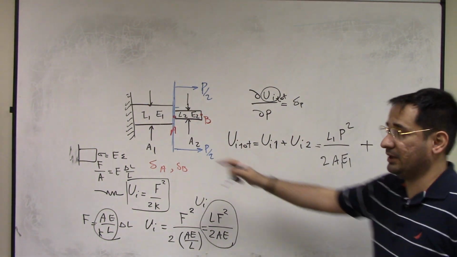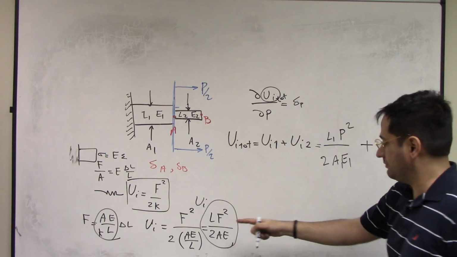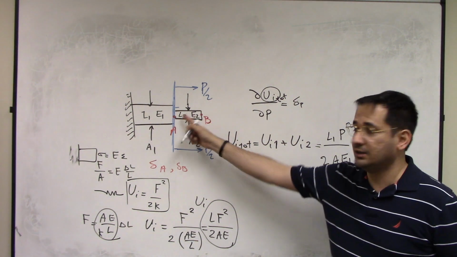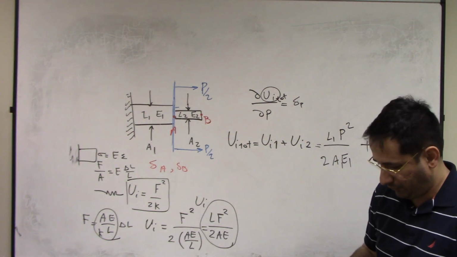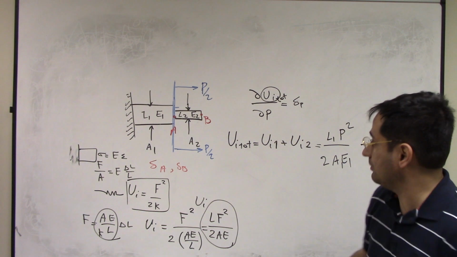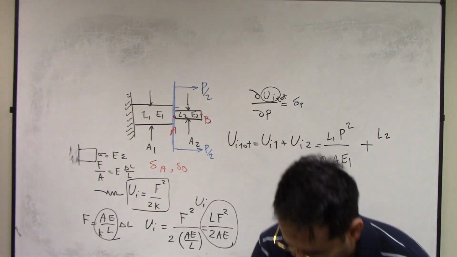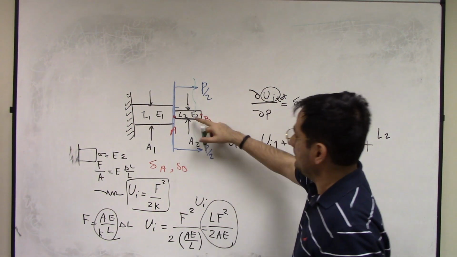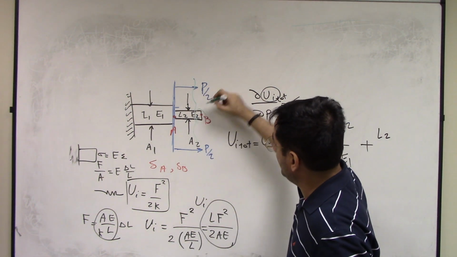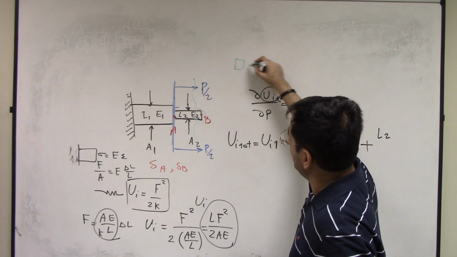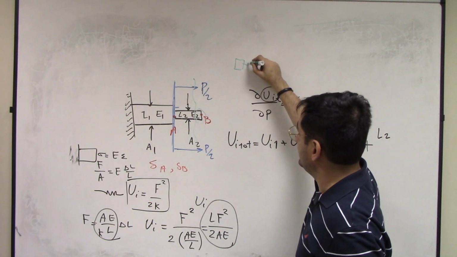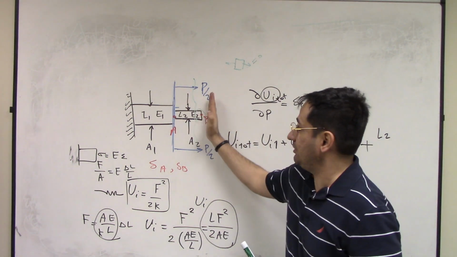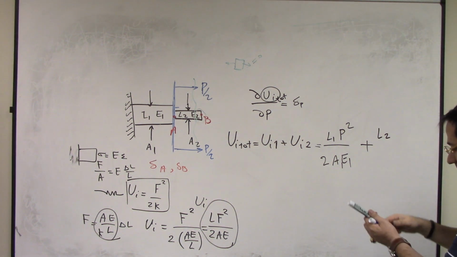Plus internal energy of bar 2, which we use the same formula. L2 times the force in bar 2. So now force in bar 2, as we thought, is just 0. Because if you cut it, let's use a different color, if you cut it somewhere here, right, and then you make a free body diagram of that part, there is nothing here. So the axial force is 0, right? P is acting in the middle, not on the tip. So that's going to be 0